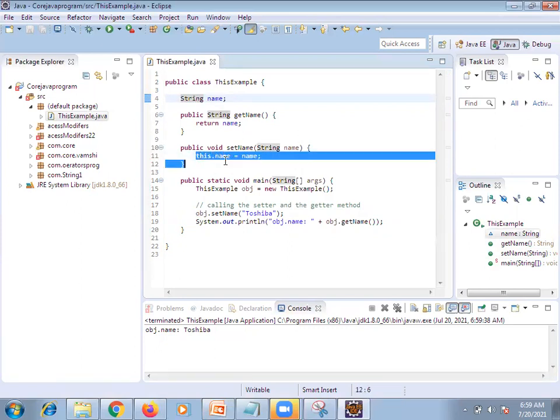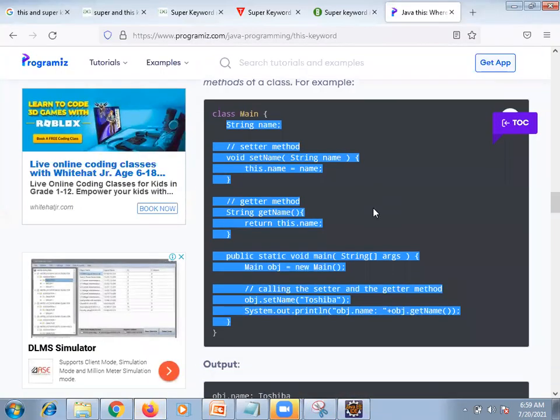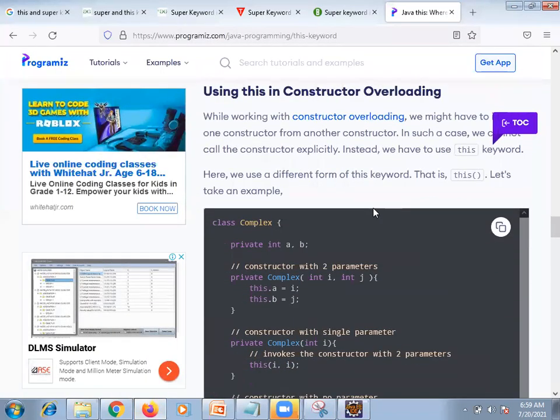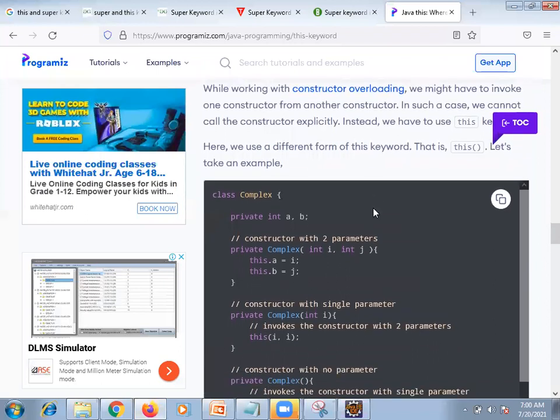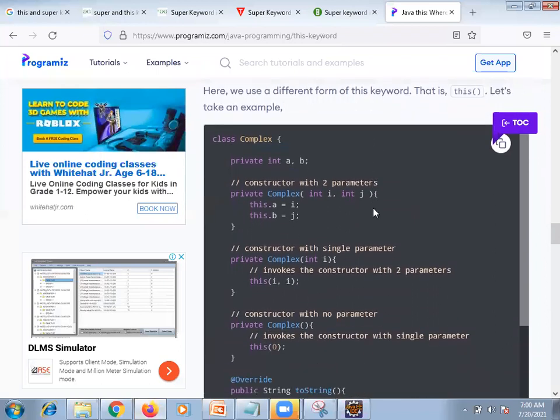See, this is where we are using this reference to avoid the confusion. Now you can see constructor overloading. So how are we overloading the constructor?